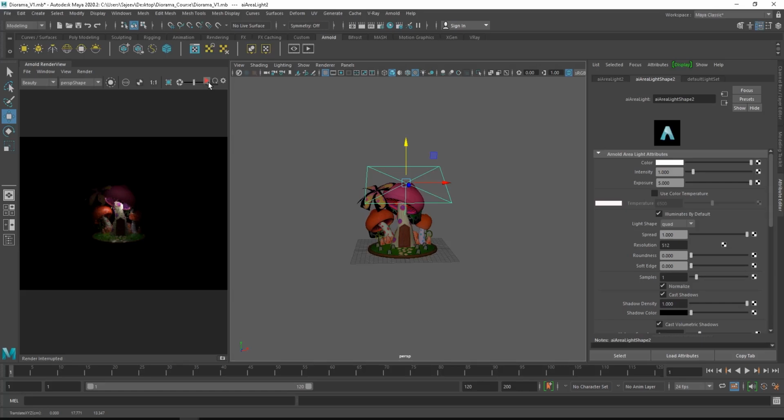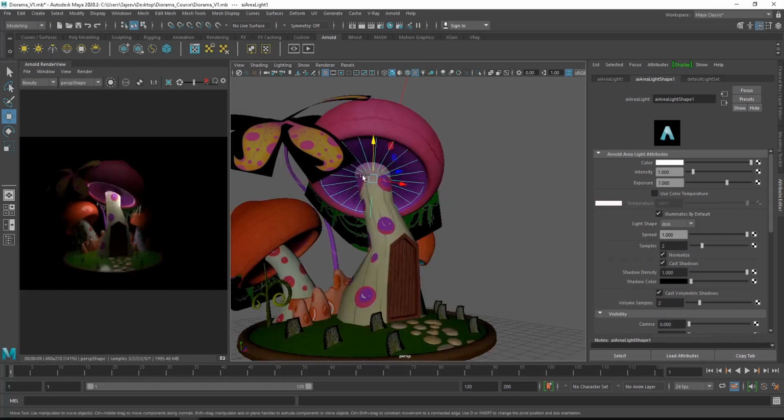Okay, so this is one of our main lights. After that, we'll come back to the previously created disk light we made for our main mushroom house. We will select the object and press Ctrl D to create a duplicate, and move it to the second mushroom. And here also we will rotate and align it slightly,